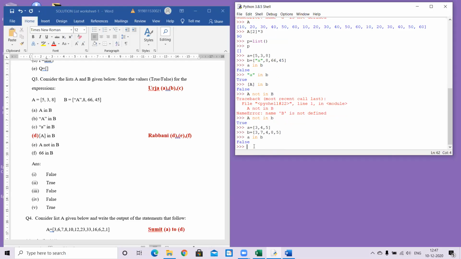If I try to put it together as a sublist, A is not in B? It is there, no? The contents of A are also in B. That's what I'm saying, that when you are searching like this, it is not searching those contents like that. Is it searching like a sublist?